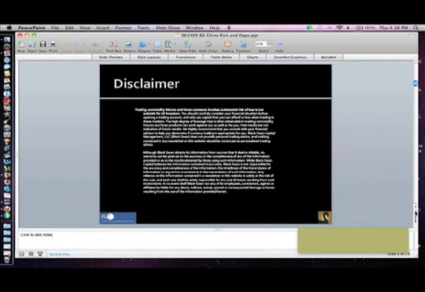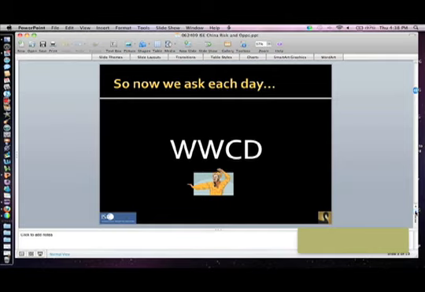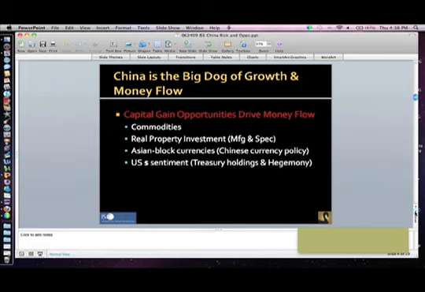Getting through our disclaimers, and here's the question each day. We wake up, and from a market standpoint now we ask what will China do today. It really has become the driver. China is the big dog in growth and money flow in the world in a very, very big way. The capital gains opportunities from a real asset standpoint have been in China, the commodities driver,